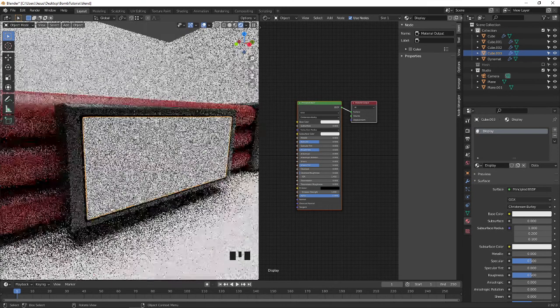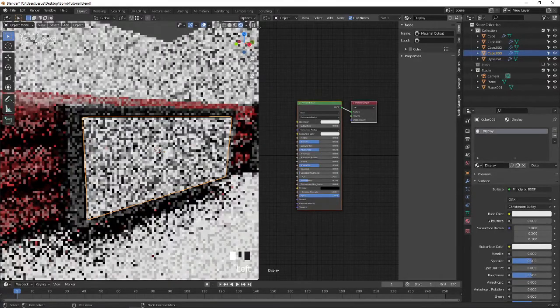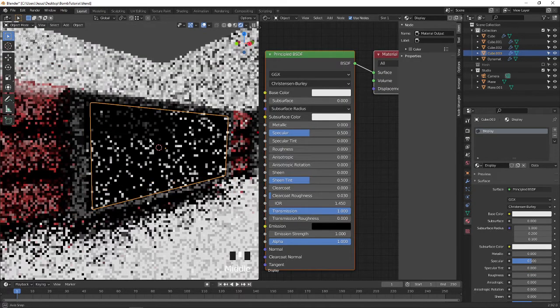I go to the render view directly, and I'm going to create a transmission 1. I'm going to give the roughness 0. Now I go back.